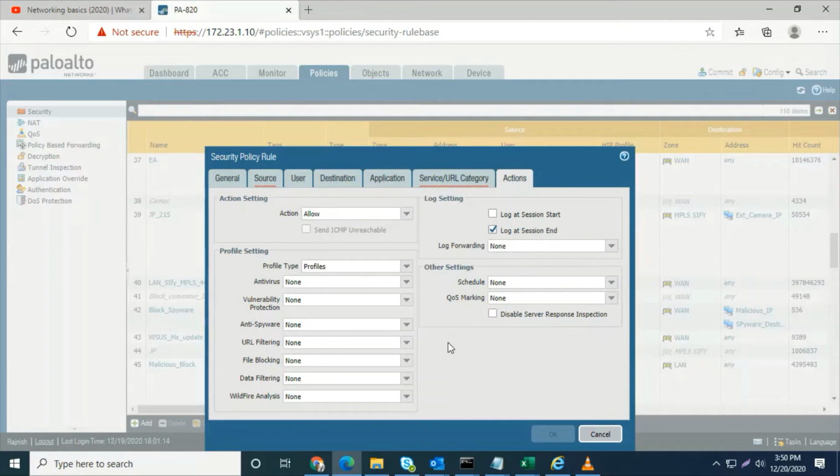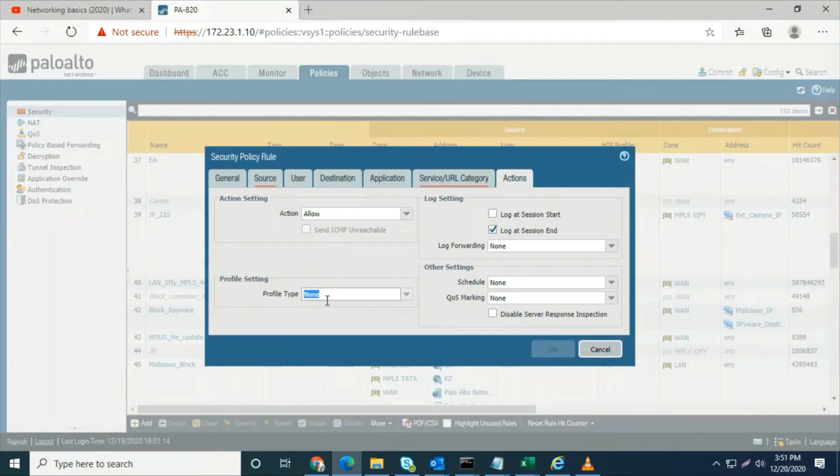These are the two different things. App ID is applied in the application tab, and profile setting filters their content IDs. I think now you are clear on all the things.